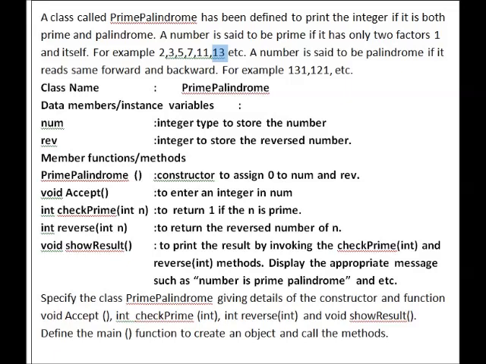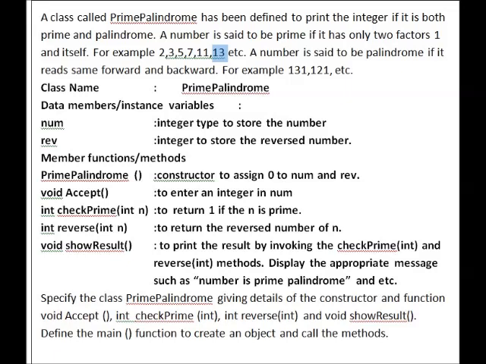A number is said to be a prime palindrome number if that particular number is prime as well as palindrome. The definitions for prime and palindrome are given in the question, so please read that.